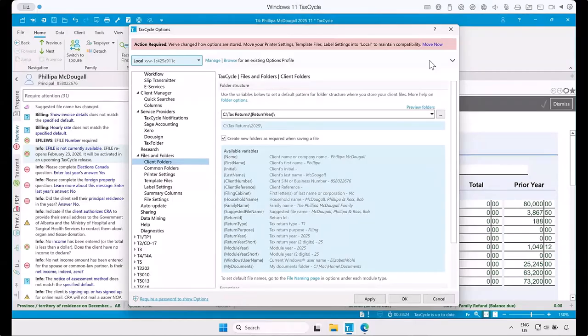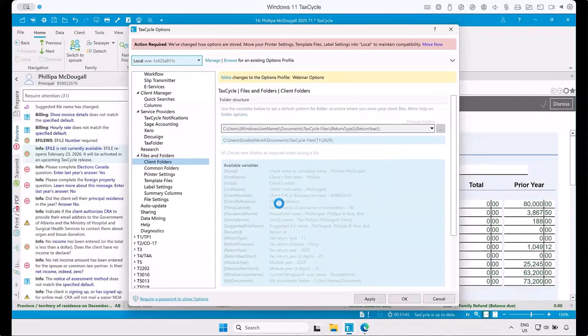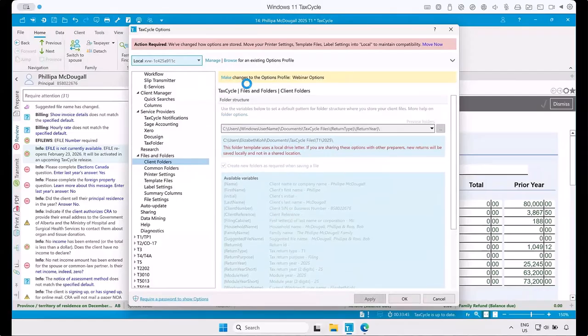And if they're not within the profile and they're just somewhere on your Windows operating system, that will not be possible. So please take a little bit of a moment to move them. If you're running into trouble or you're a little concerned, you can always give us a call. I'm going to go back to my webinar options so that I'm not going to save those, so that my error goes away. All right,